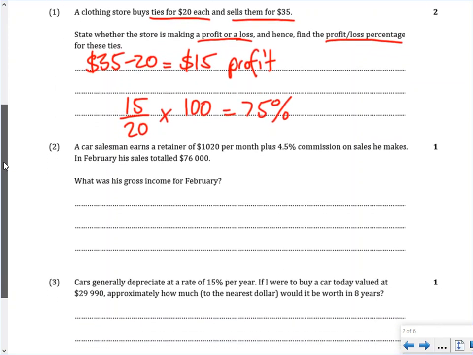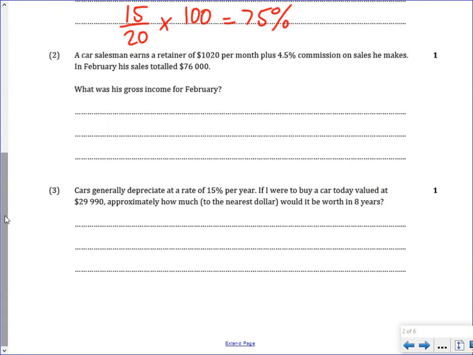Going next, the question is saying this person earns a retainer plus 4.5% commission on whatever he sells. And then this month of February, he sold $76,000. So straight away, we've got the retainer, and then we have 4.5% of that amount. Basically we're going to add them up. So let's first of all find that percentage. We've got 4.5 over 100, timesing it by 76,000,